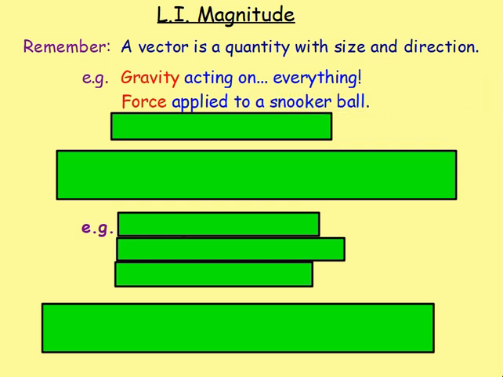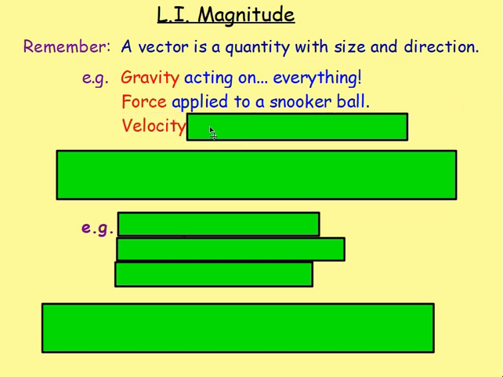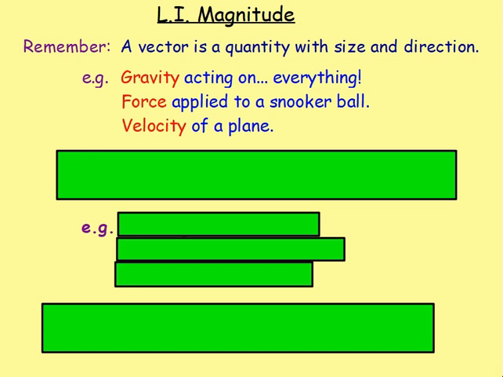Something else that we have is the force applied to anything. An example here could be a snooker ball. Obviously, you're hitting that snooker ball with a certain strength, a certain force, and there'll be a direction attached to that as well. If April stood up and we pushed April, well, April is going to fall backwards. So there will be a force there. A certain strength, so there's a number, but there's also a direction. Velocity is also a vector. There is a size and a direction. For example, the velocity of the plane might be flying at 400 miles per hour in a bearing of 10